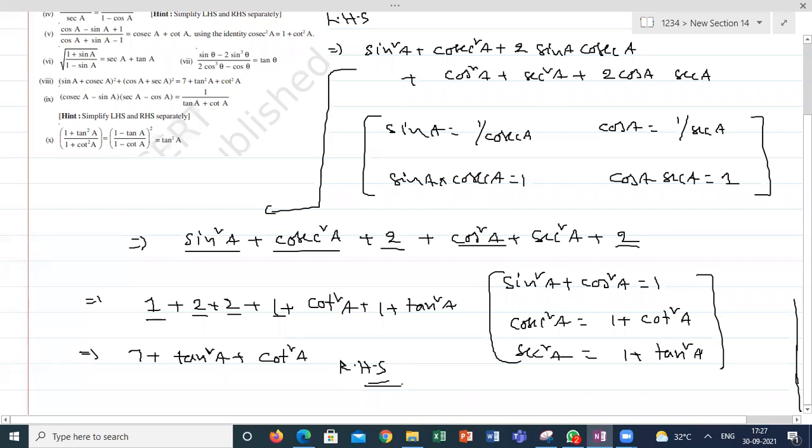The right formulas you have to keep in mind, because there is a relation between cosecant, sine and cot. So using that, I am expanding. Wherever there is a possibility of reducing, I am reducing. Wherever there is a possibility of converting into tan and cot, I am converting. So these two steps are important. In each step I am using around 4 formulae. Is it clear?